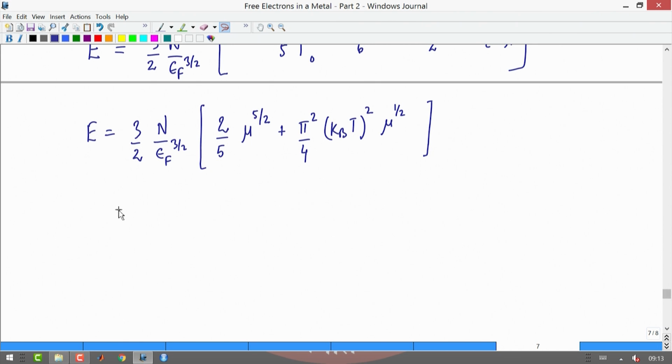So, what I am going to do now is just rearrange the terms a little bit here. So, what I will do is I will pull out a factor of 2 by 5 also from the bracket, and that will make the prefactor outside as 3 by 5 into n to the power